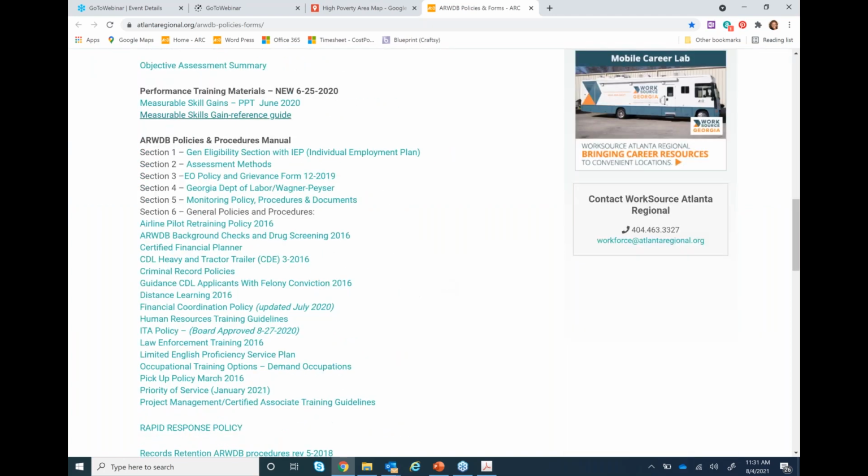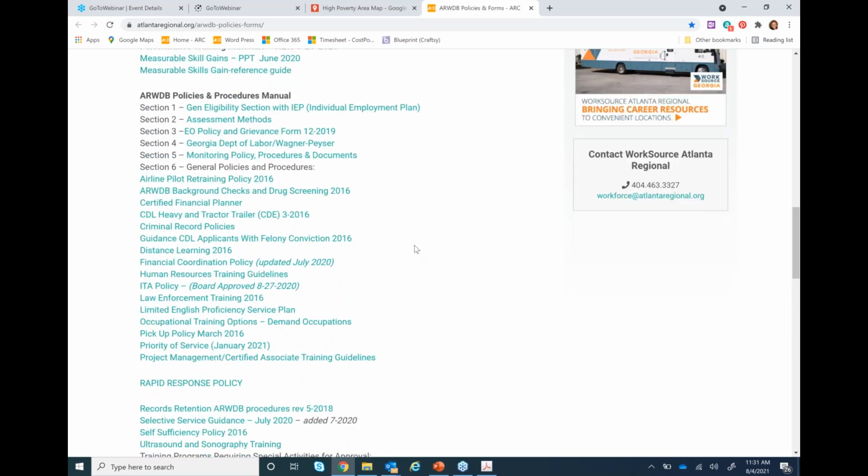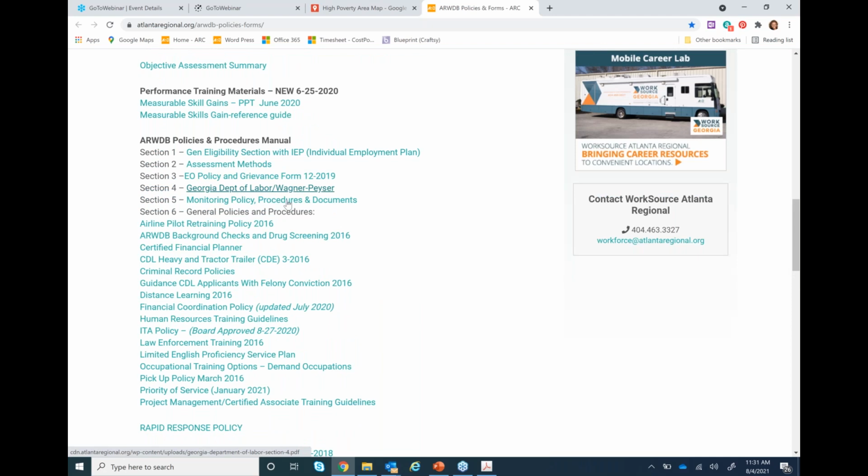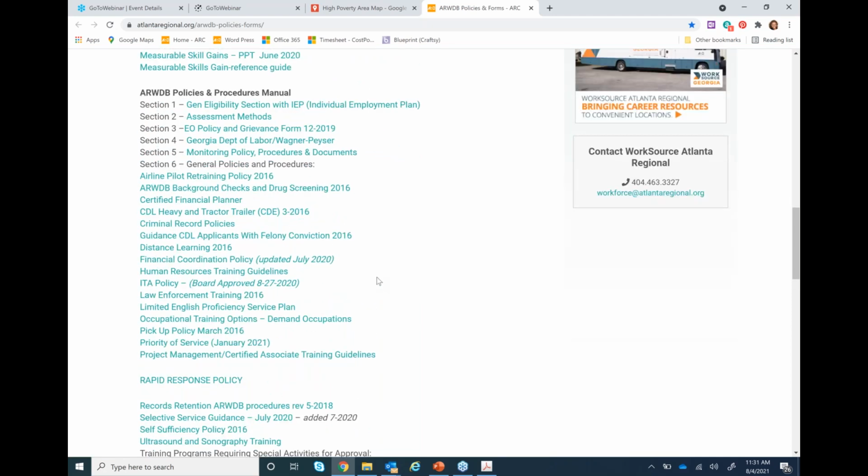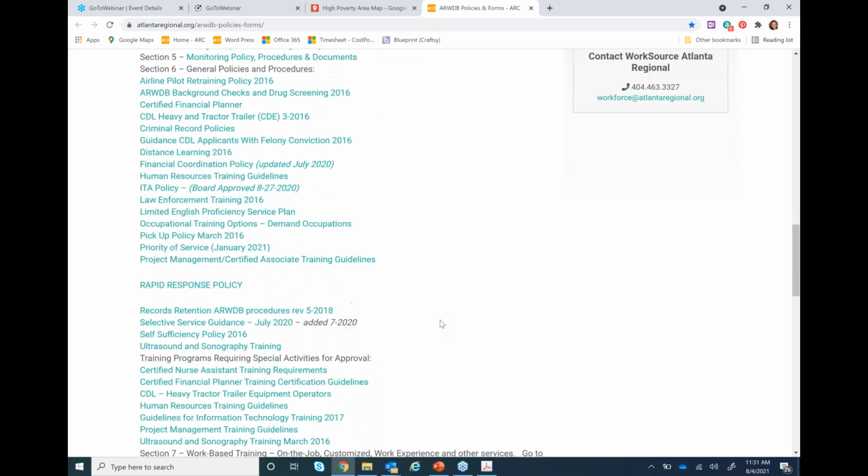And then if you scroll down further, there's tons of policy and procedure. These are just general though. These are not Next Gen policies. But like the rapid response policy, that's everybody's policy. So anything that's Next Gen says Next Gen on it, it's very clear and you won't be confused. But there's criminal record policies and stuff that are just general policies, and we tend to follow the adult side. What they do, we mirror each other. Like we make sure that we're on the same page with a lot of things. So the only thing I really stay away from is specific policies, knowing very well that we have our own, and any of their forms. Stay away from their forms.